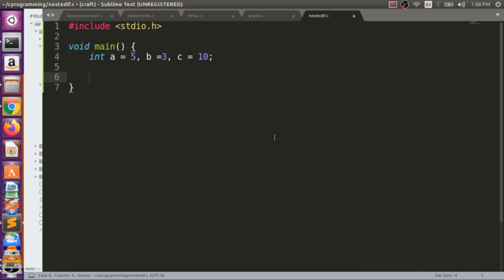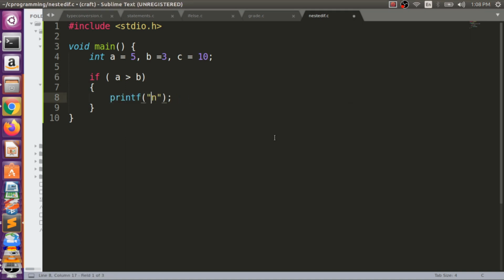So we have this kind of statement, if a is greater than b, right? Here we have one simple condition, and else we will